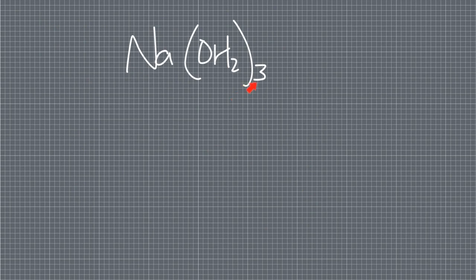Another scenario you could run into would be something that you have in parentheses. So again, NaOH2, but I'm going to put a 3 here. And what that would indicate is that I would have 3 of whatever is within the parentheses. So it's not that there's 3 of everything, but there's 3 OH2s. So I'm again going to follow the distributive property here, and I'm going to distribute this 3 to both the oxygen and the hydrogen